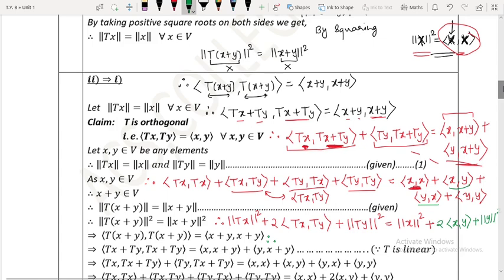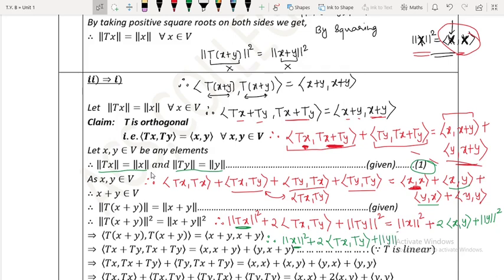Now see, what is our condition 1? Observe this. We have norm of tx is equal to norm of x and norm of ty is equal to norm of y. So that can be used. Therefore you will get norm of x squared instead of this, because norm of tx is equal to norm of x, plus this twice the inner product of tx with ty will be as it is, plus over here you will get norm of y squared, which will be further equal to what? This norm squared as it is. So the right hand side is as it is, no change, plus norm of y squared.